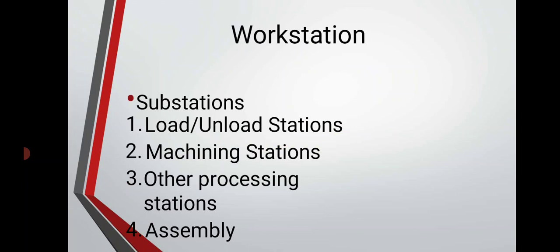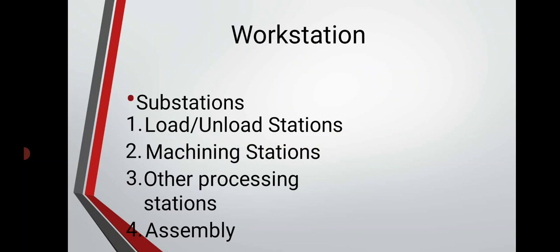It includes the turning machines and milling machines, head changers, head indexes. Next one, assembly workstation or other processing. It includes the inspection section. The inspection section includes the coordinate measuring machine, vision, special inspection probe, machine vision. So different inspection stations are there, and the forging station, sheet metal processing workstation is there.